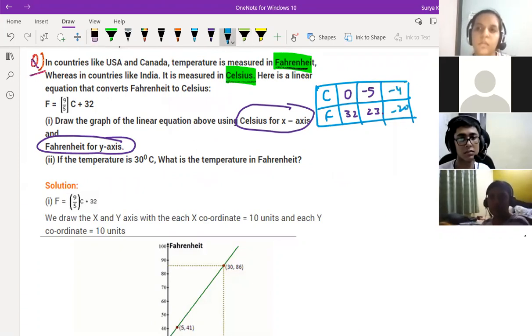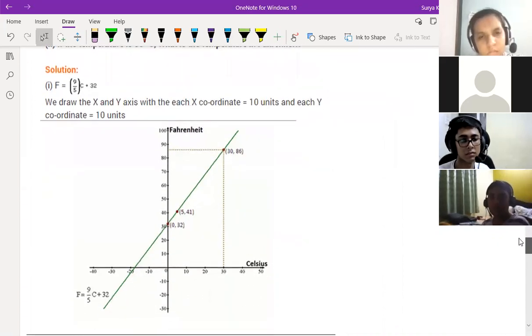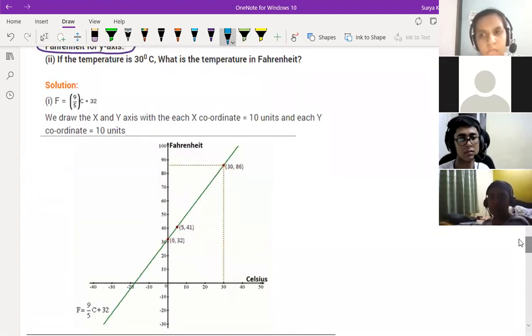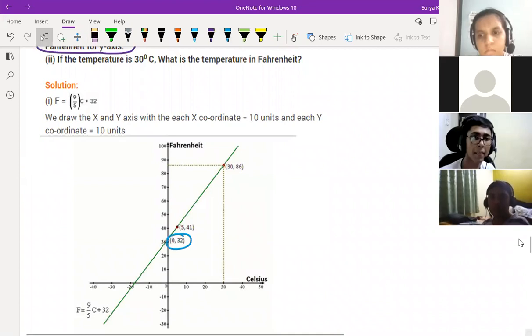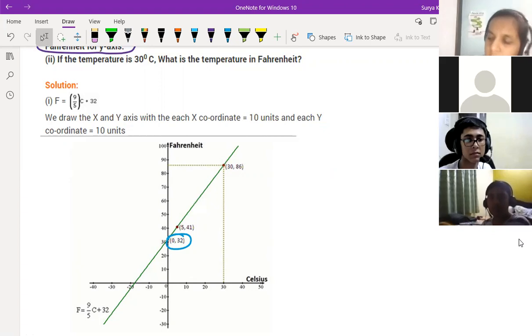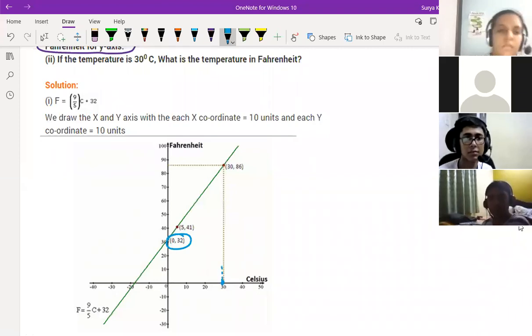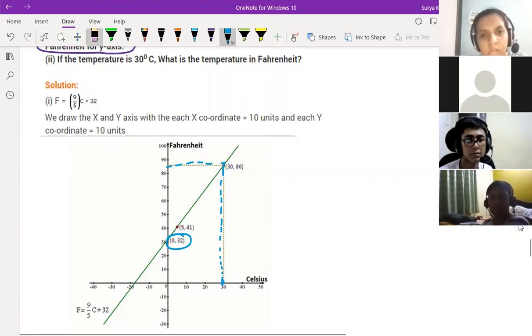So see, they have made the graph here itself in front of you. See, this is the graph. 0, 32 is here. See, this is the point of 0, 32. And anything you can take, it will come on the same line, okay? And then the next part of the question is, if the temperature is 30 degrees Celsius, what is the temperature in Fahrenheit? 30 degrees Celsius is coming here on the x-axis. Take it, extend it out on the top. This is your y-axis. Sir, we can simply put it in the equation which they have given. That also you can do, no problem. But if shown on the graph, that is better, no?